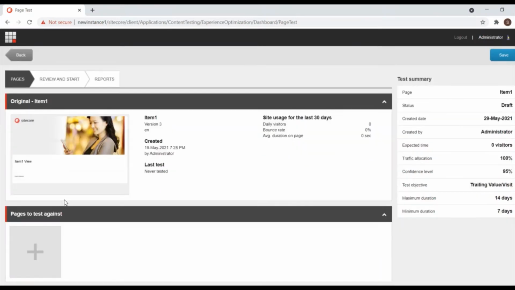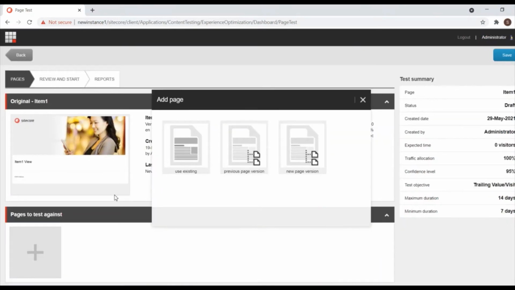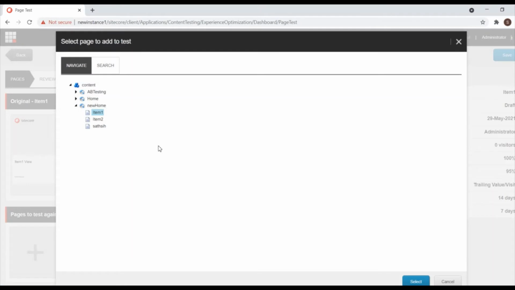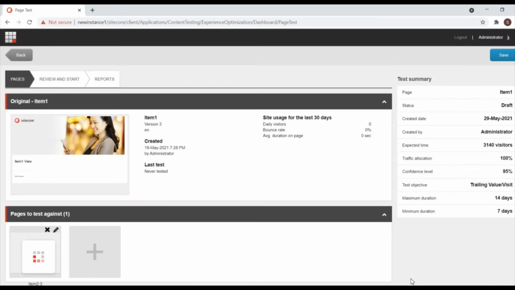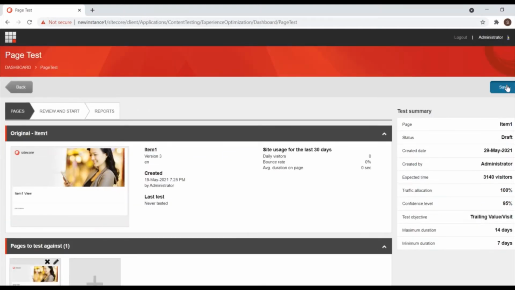This is my first page view. I am selecting the second page. There are three options: use the existing page version, select the previous version, or create a new page version. I'm using the existing page. Now I've selected the existing page, and both are loaded. I'm just saving the test.